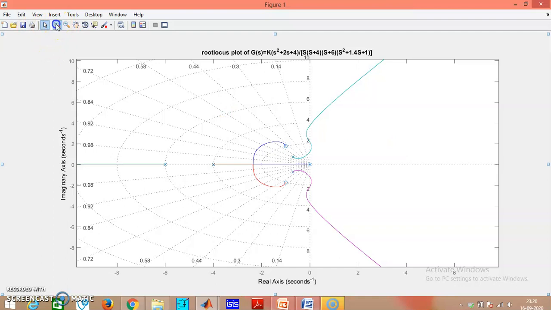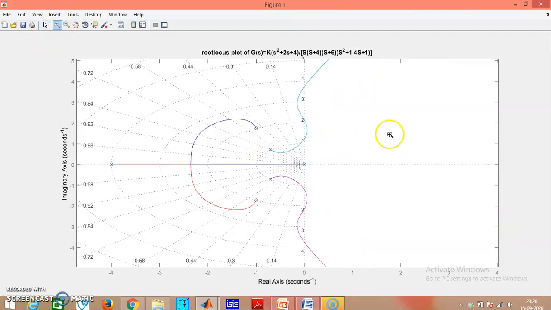Now if I again magnify it at this particular point, you are finding that this is the left hand side of the root locus. So this part of the locus is a stable part, and the right hand side is an unstable part. So you are finding that the root locus is crossing the imaginary axis.